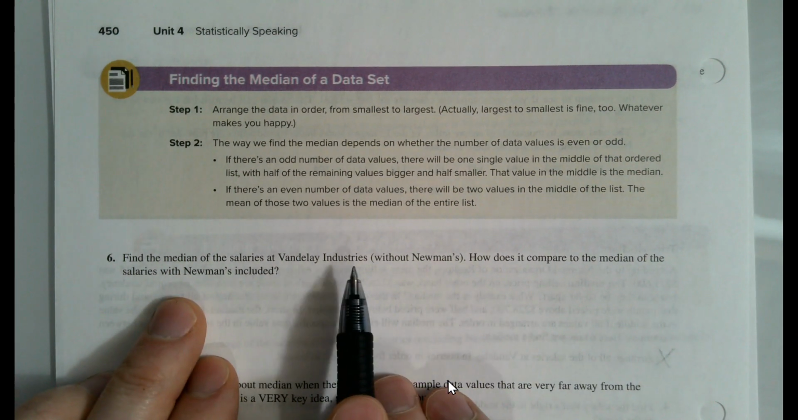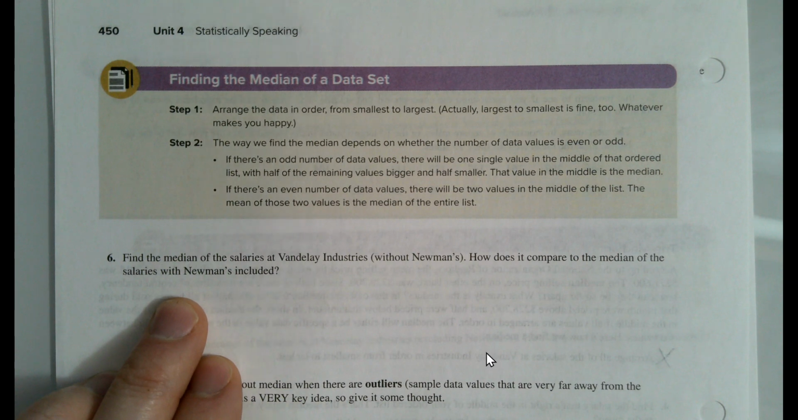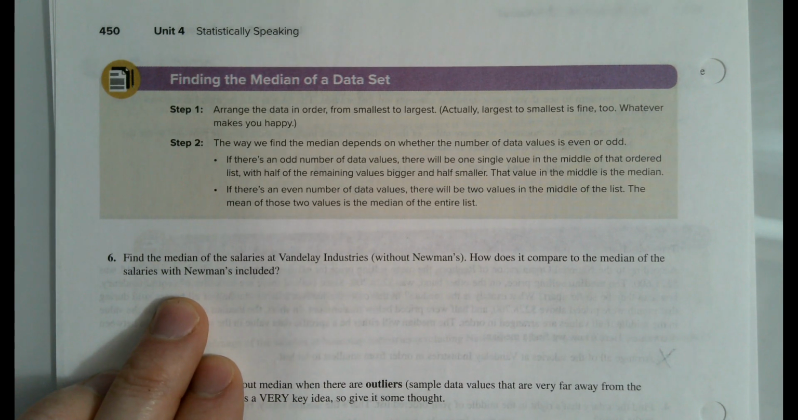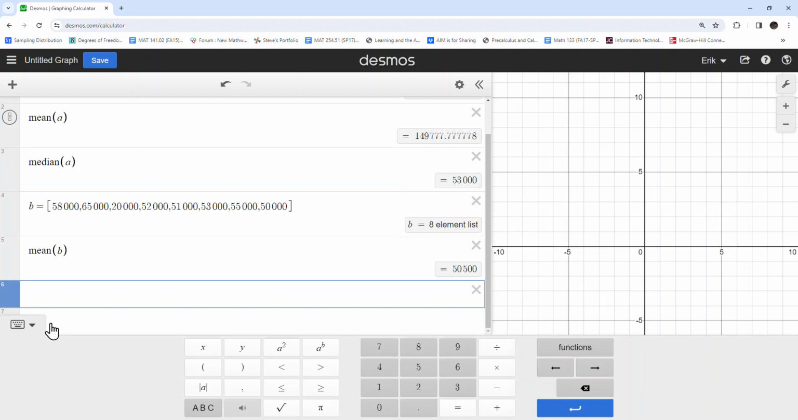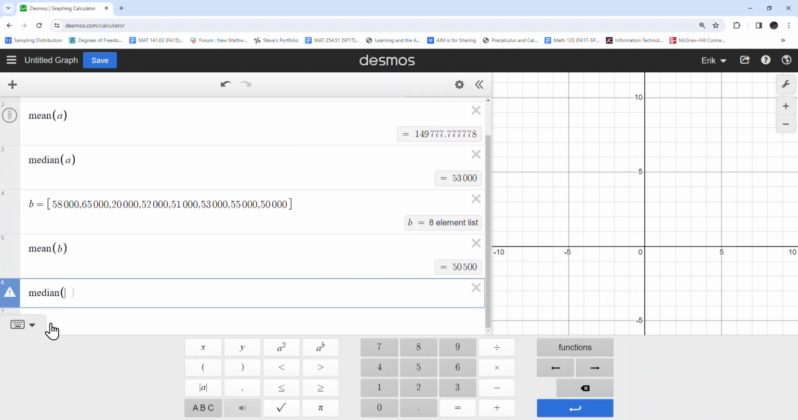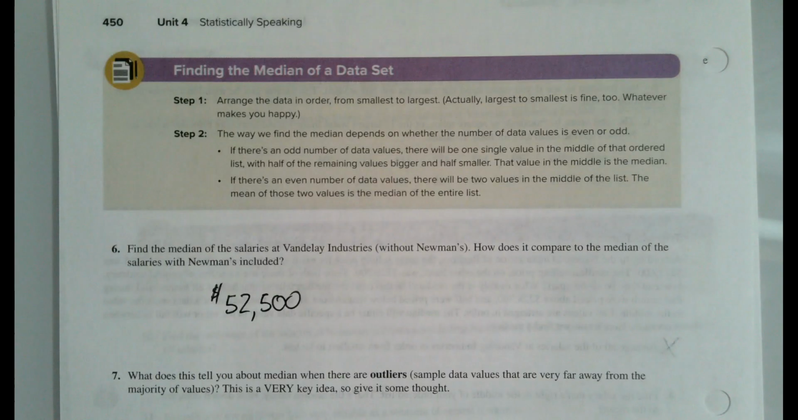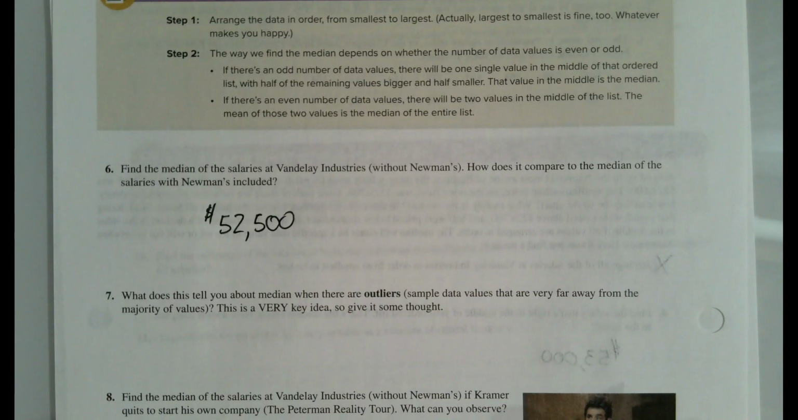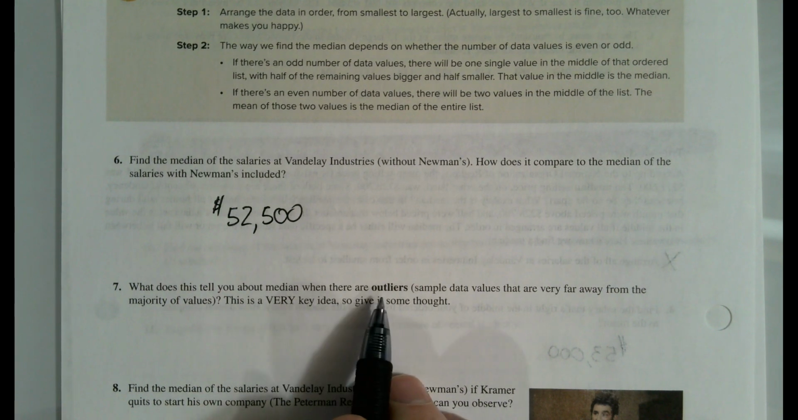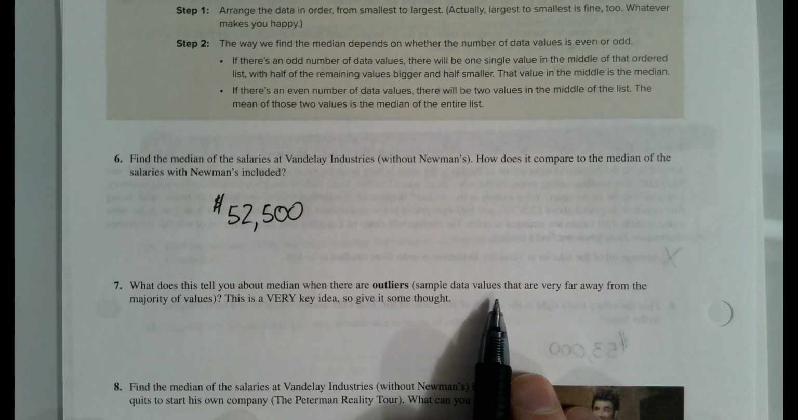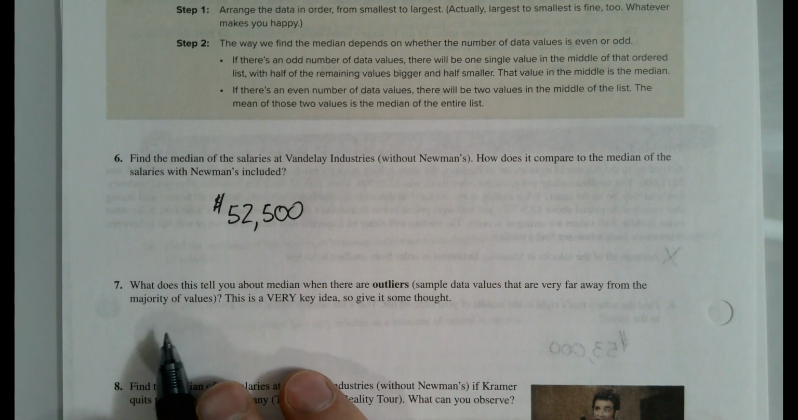Okay, so we're going to remove Newman's salary again, and we're going to calculate the median salary with his salary removed. So for us, that's the median of B. Oh, look at that. It's essentially the same salary, 52,500. There's basically no difference between these medians. Tells us two things. Number one, it leads to the definition of an outlier. So the outlier is a sample data value or data values that are very far away from the majority of